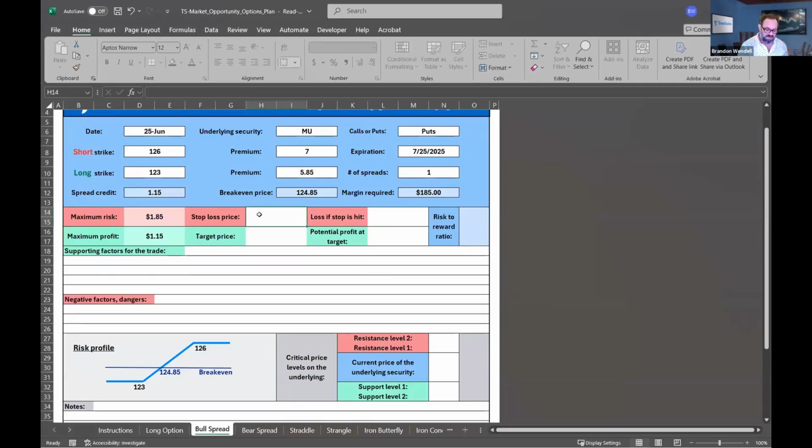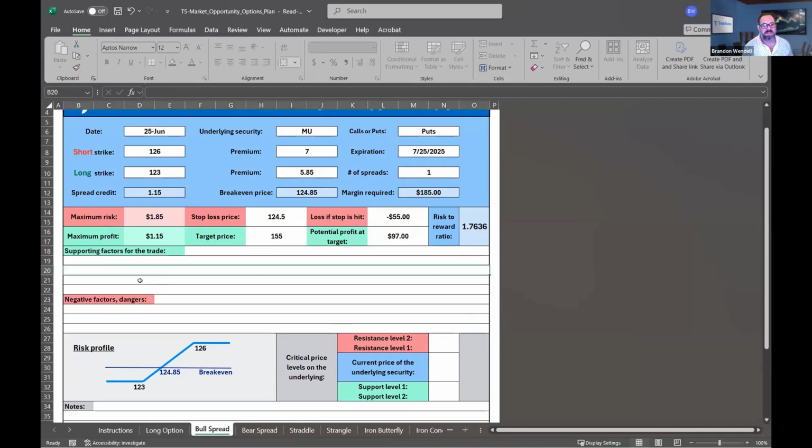So my stop loss price was 124.50. I was going to lose like $55. My target price, what did I say, 145 or 155, I think. Yes, 155, $97 profit. And my risk reward ratio, actually, do I have to put negative 55 for that? Shouldn't have to. It is 176. So again, I would like to have a 3-to-1 reward to risk ratio for that.